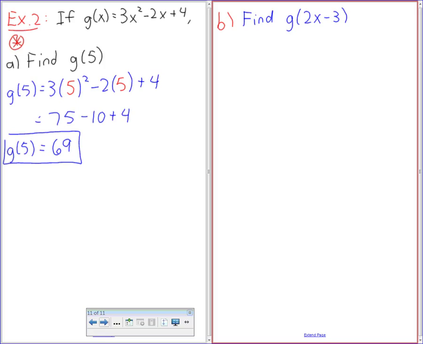For g of 5, can somebody tell me what we did for g of 5? Everybody saw an x to sub in a 5. Does someone want to be brave and guess what you do for g of 2x minus 3? Mr. Chason, go ahead. Everywhere you see an x in the original equation, you now put in 2x minus 3. Okay? So we're going to replace